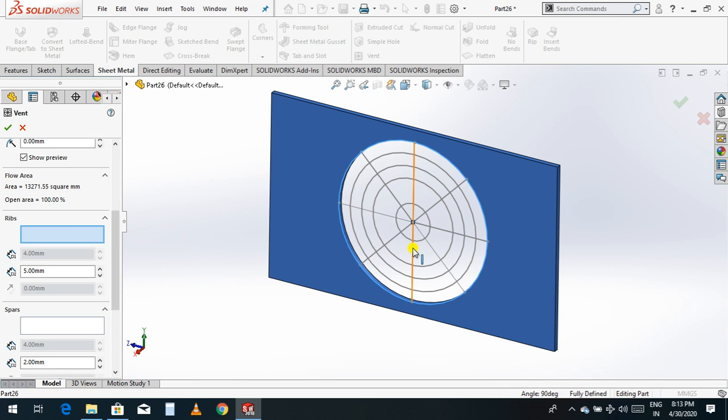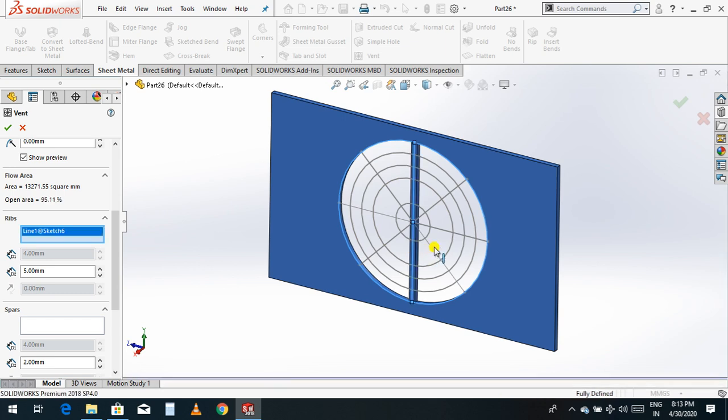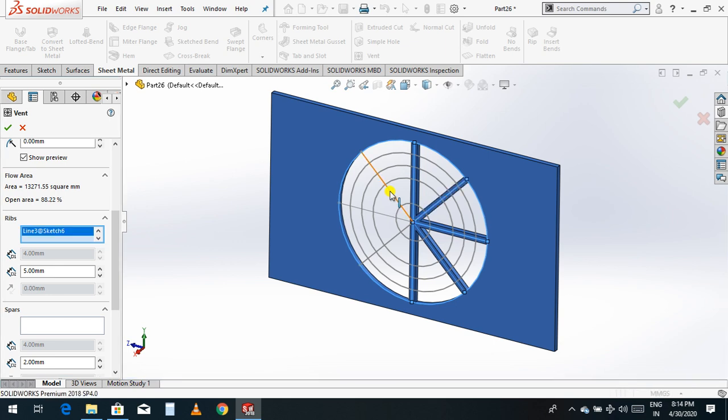Select this rib line, and this line, this line, this line, this line, and this line, and last this one.